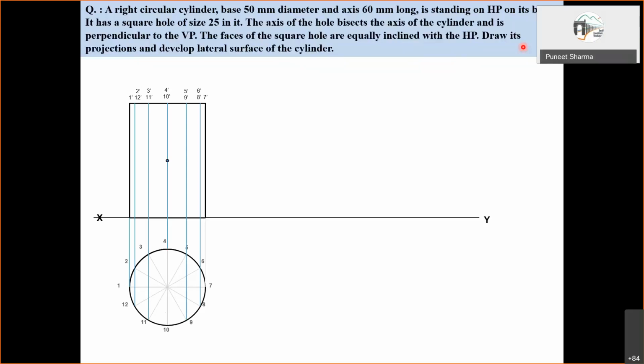As we discussed, it could be 1, 2, 3, 4 or whatever. For the case of a cylinder, you may choose to give the same name also, top and bottom. And this is how the square hole is. The axis is perpendicular, so the axis of the square hole looks like a point here because it's perpendicular to this vertical plane, and it has equally inclined sides. So we get the conditions fulfilled.